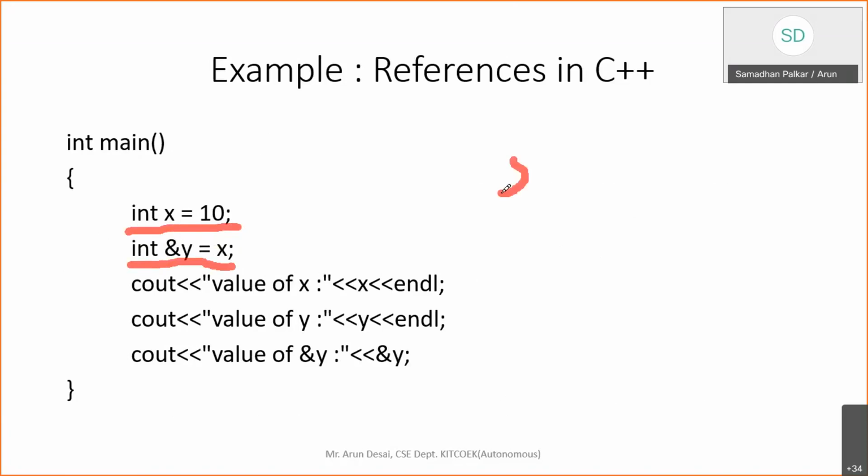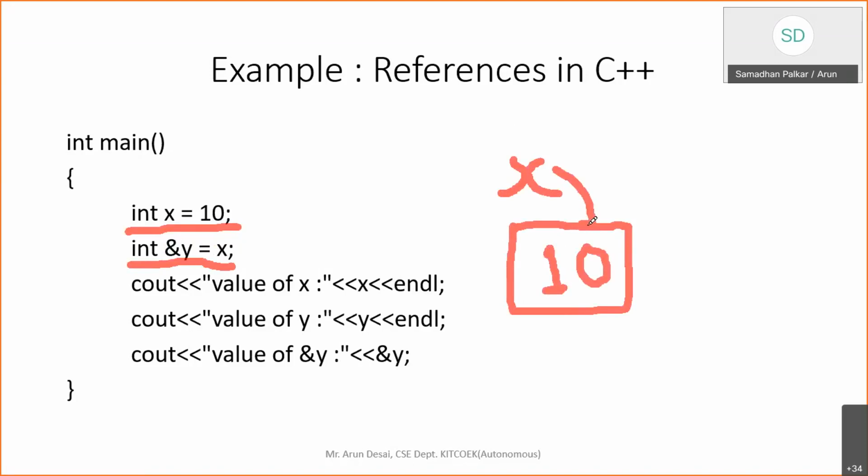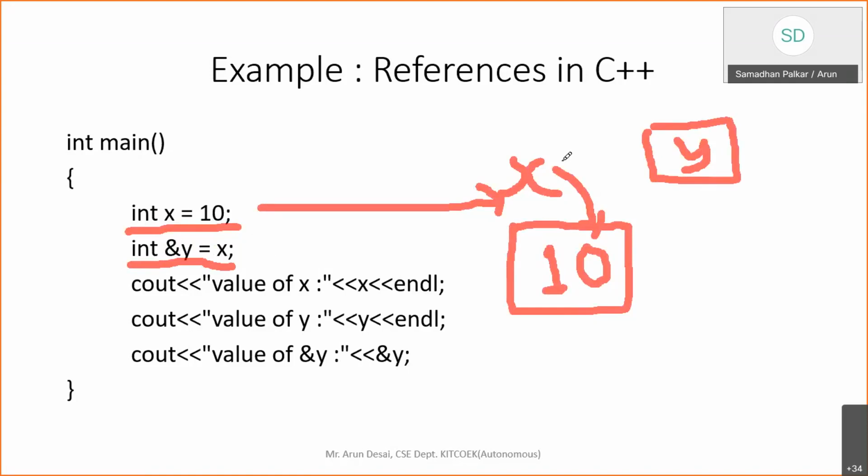My value is stored somewhere, and this is 10, which is pointed to by x. This is your first statement, wherein it will create a reference called y, right? If you assign x,